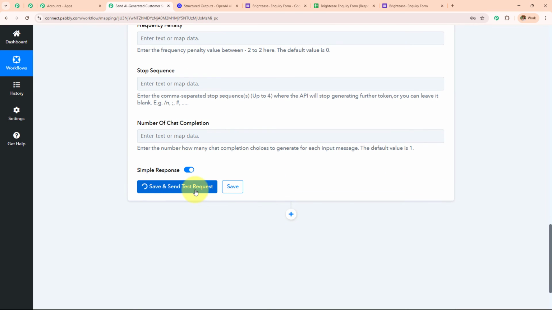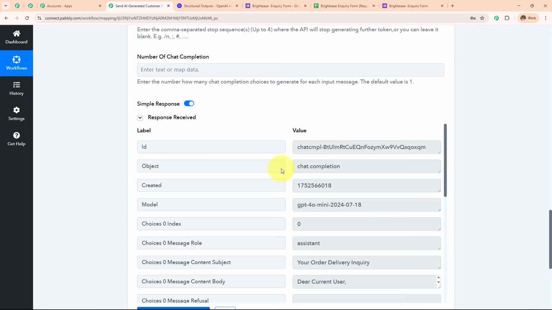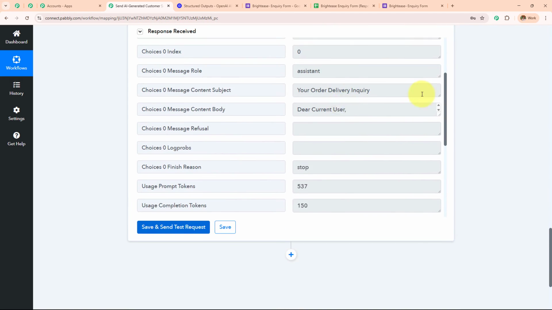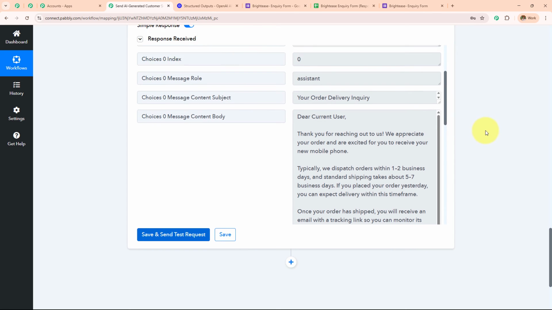After entering these details, I'm simply going to click on save and send test request. Let's wait for the response, and here it is. We have received the response in no time. So here it says your order delivery inquiry is the subject, and then we have received this personalized mail which